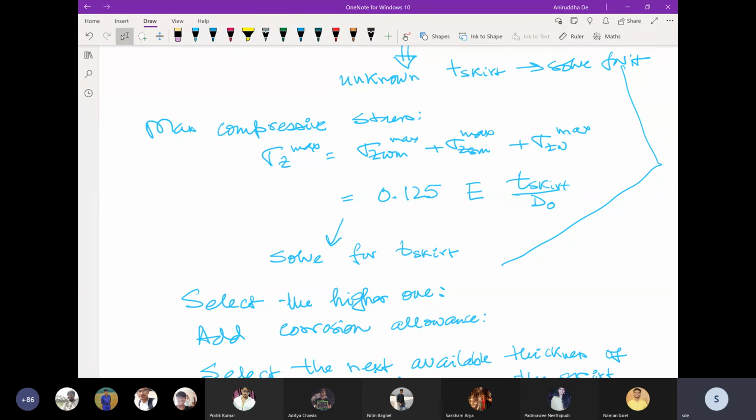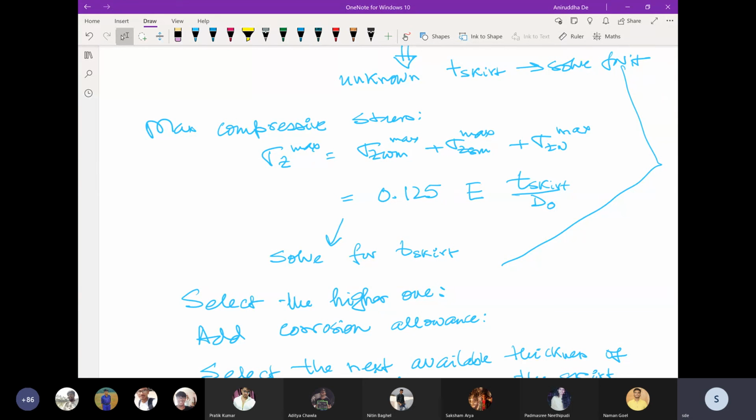Basically, you have to evaluate. Previously, what we have done, we have evaluated all the stresses at the cross section wall of the vessel. Now, in case of design of tall vessels, we will take the full height h. We are not evaluating the stresses at any cross section located at X meter from the top. Because the skirt is at the bottom, we will take the full height, and then you consider all the stresses that have been developed within the wall of the skirt thickness. Okay. So based on that, you equate the design criteria.